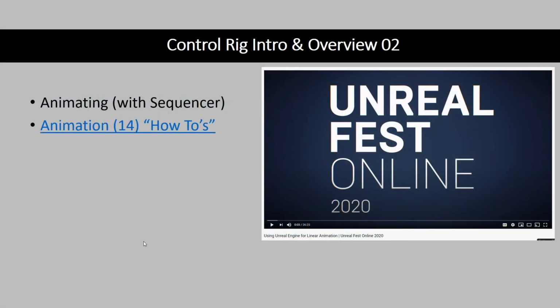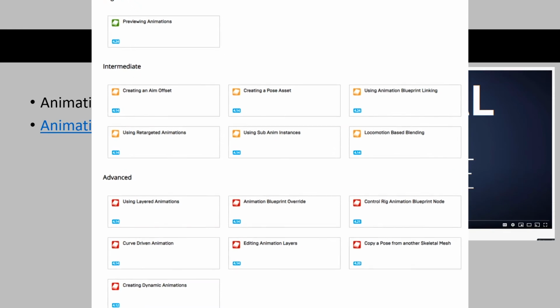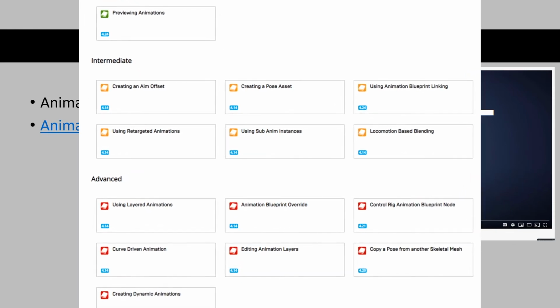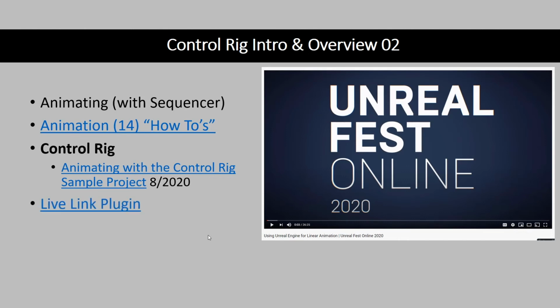I put a link into the Animating Inside of Unreal 14 How-Tos chapter that I mentioned earlier, as well as the control rig tutorial, Animating with the Control Rig sample project from August 2020. It's a really great overview, as well as the LiveLink plugin.